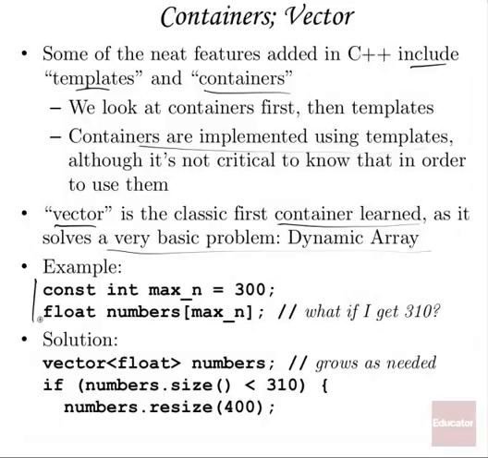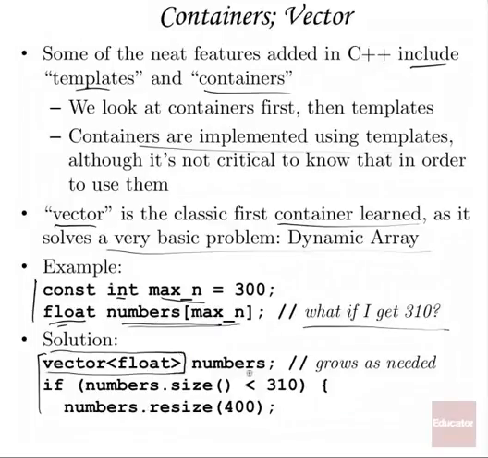So here's a static array. We'll set up the integer, the maximum number is 300. We'll have an array of floating numbers. What if I have 310 numbers? That's 10 I can't put in there. Our solution: use the vector. So instead of an array of floating numbers with a concrete maximum, we have a vector of floating numbers, and